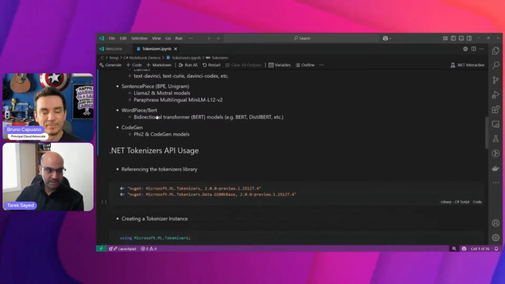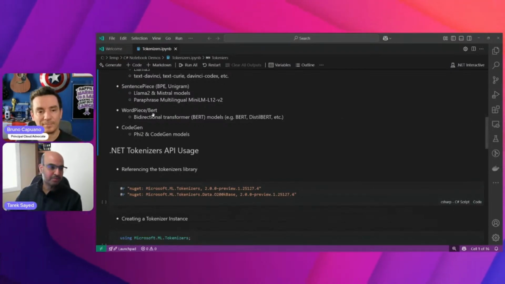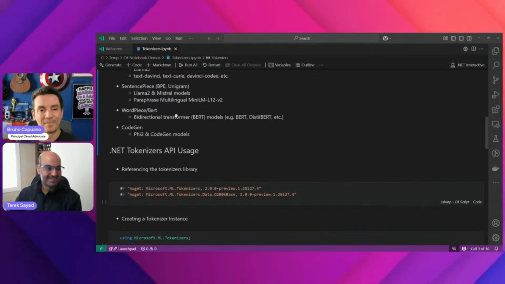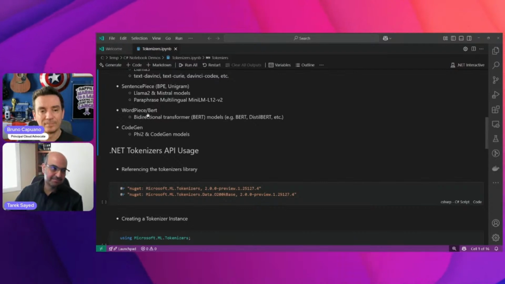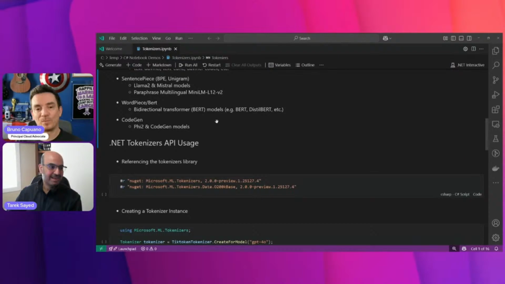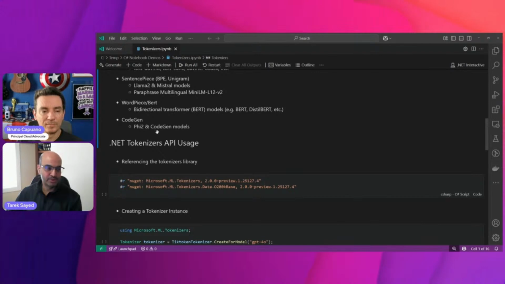We have WordPiece and Bert tokenizers. The Bert tokenizer is actually based on WordPiece, so if you see BERT models, they use the Bert tokenizer, which is based on the WordPiece tokenizer. And the last one is CodeGen. We have the CodeGen tokenizer, which is used with CodeGen models and also Phi-2.